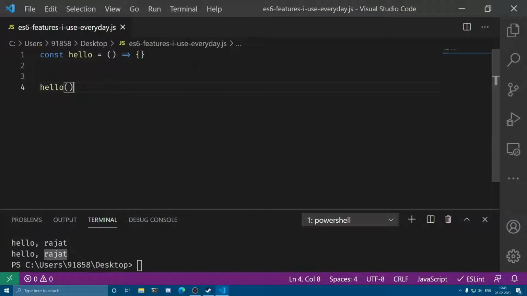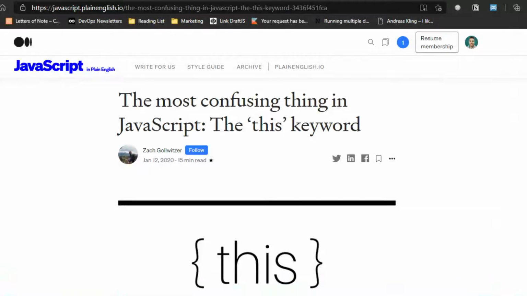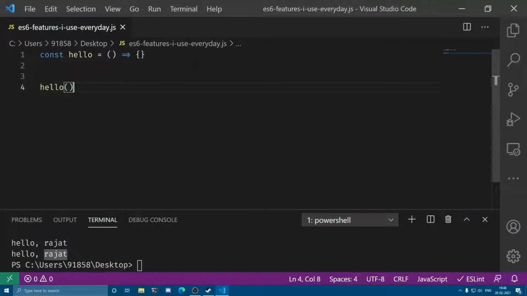So this helps me in avoiding issues related to the this variable, because in JavaScript this has so many meanings depending upon the context. Using the arrow syntax, this always has the value of the enclosing scope. So this helps me in preventing all the issues related to this, and those are some significant issues that you can encounter. So I use arrow functions all the time.